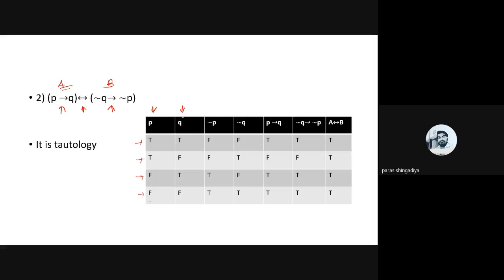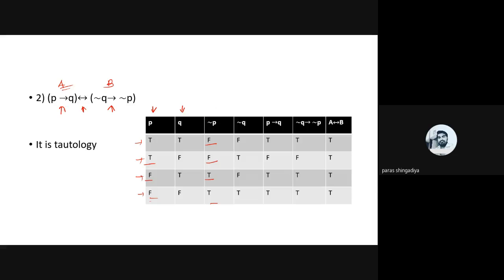Okay, and then you can directly identify the P then Q value. Otherwise, you can just write the negation P and negation Q columns and then predict the answer. Okay, so negation P: T will become F, F will become T. Okay, and here negation Q, TF will become FT and FT. Okay, T will become F, F will become T. That is the rule of negation.